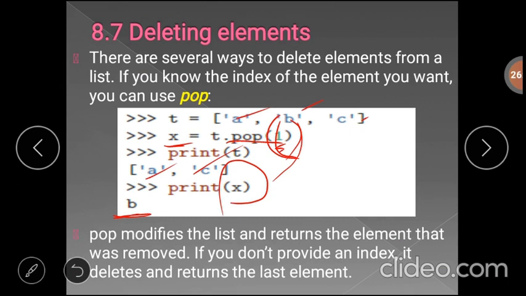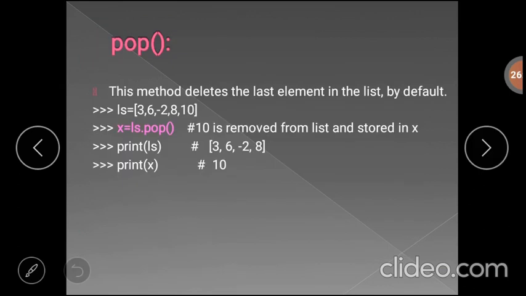Suppose you don't provide the index number to the pop method, then it will delete the last element and return the last element that has been deleted. This method deletes the last element in the list by default.